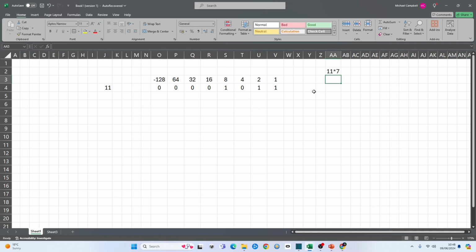Now, the thing is, computers don't do times the way you do. What they'll do is they'll do shifts. Now, when we go left, we double it. So what you want to do is, what's the highest power of 2 that goes into there? So I can do a left shift of twice, and that will give me a times 4 number. Okay, so let me show you what I mean. So if I left shift twice, so once I end up with there,